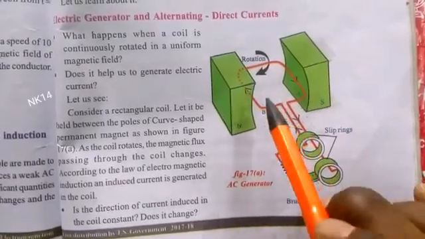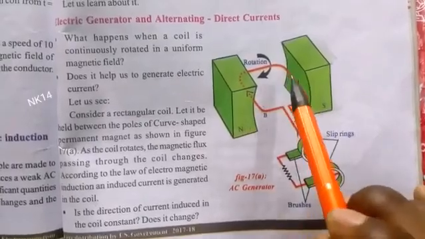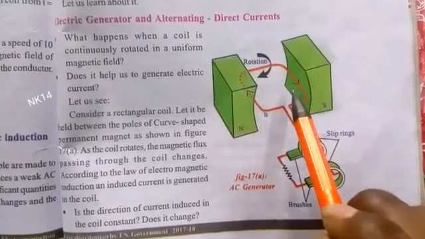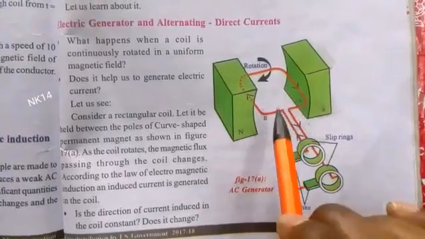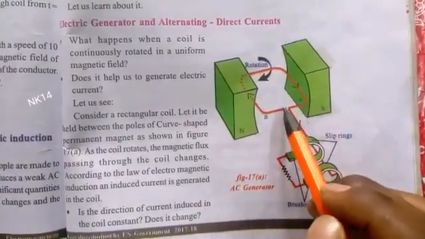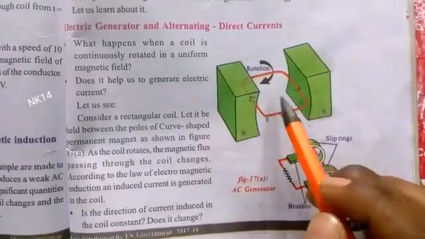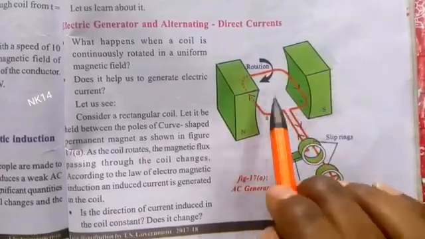We have seen all this in Faraday's law. I have also done a video on Faraday's law, so I will give that video link in the description, try to check. So we have understood now. Two magnets are placed. In these magnets, a coil is placed. If the coil rotates, the magnetic flux changes and current will be induced in the coil. This is the total we have seen now. Next,